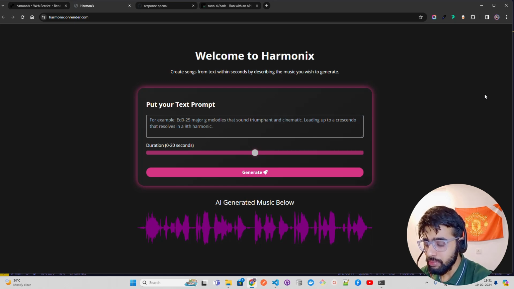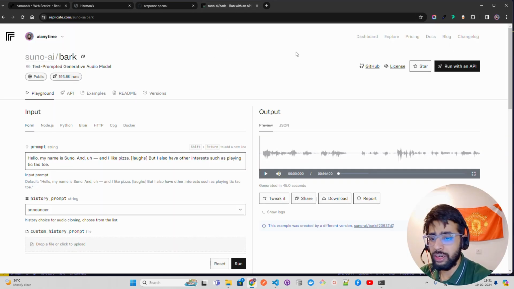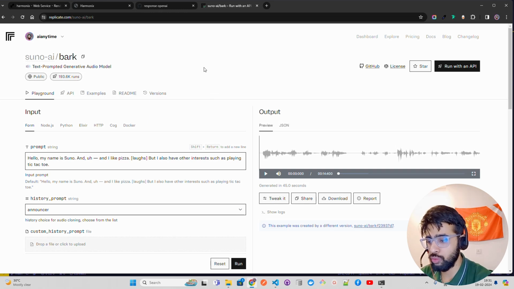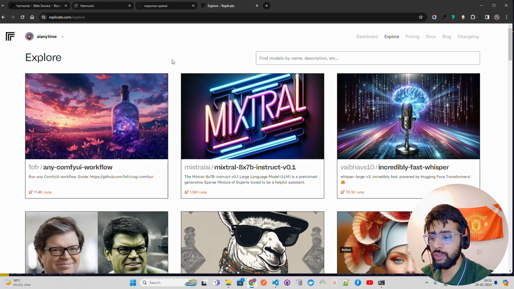Now, to build that, the first thing you need is to use Replicate. That's the thing I'm using. If you don't know what Replicate is, just go to replicate.com and search here. You can log in with your GitHub account on Replicate. You can start using it for free as well. They give you some credits to work with. Now, if you look over here, you have a dashboard, you have explore. Once you click on explore, it will show you all the listed models.